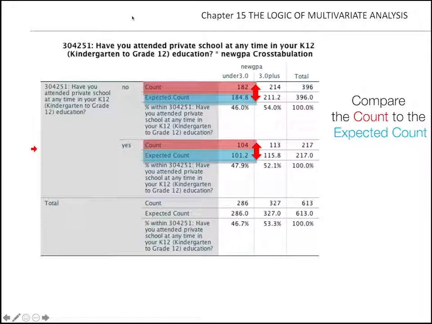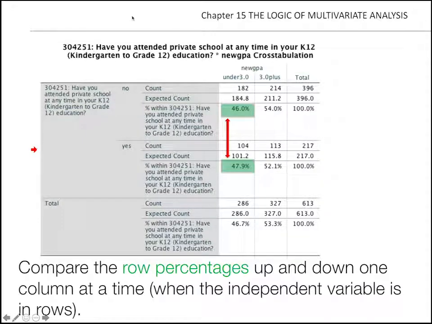Fine. And that's what we just did, comparing the count to the expected count. But more importantly for us, comparing the row percentages up and down, one column at a time, right? And when the independent variable is in the row, this is what you have to do. And just to be clear, so you do it for the assignment, you'll talk about each box and each percentage and compare them. Do one column, compare these, and then compare the next ones like that and just give the difference. So here with 54% versus